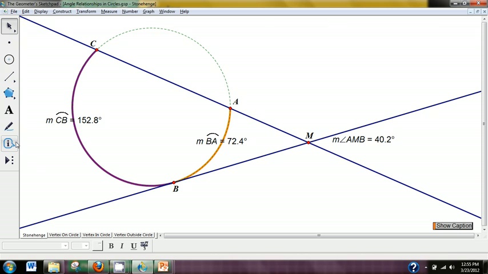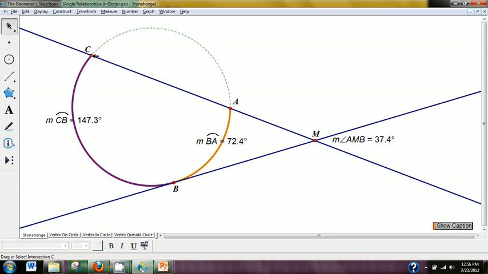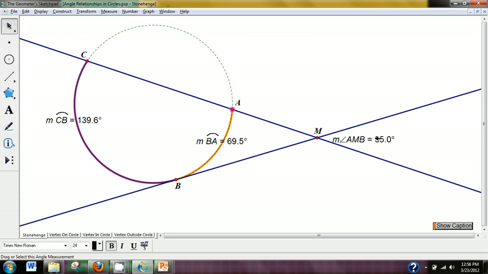In order to do that, I want to take a look at this interactive diagram that I've made. You can see that as I change the points in here, it'll change the measurements on the diagram. So those two minor arcs down there will change as the angle is changing. I want to find out what that relationship is. If I were to add the two minor arcs together, they would be far larger than the angle of intersection that they form. If I were to divide the two, again, that would be far too small to get this angle of intersection. So instead, what I'm going to do